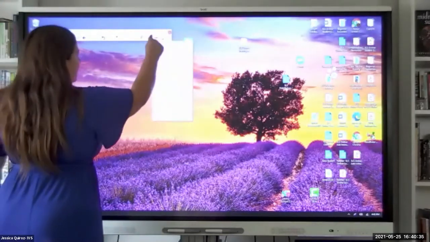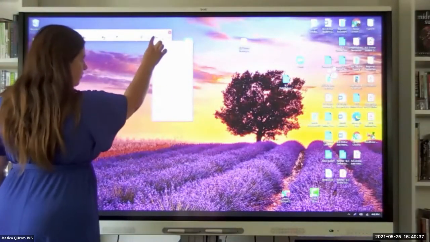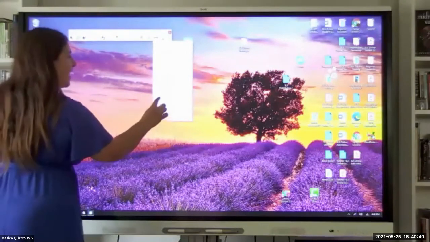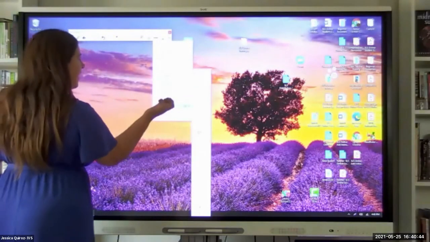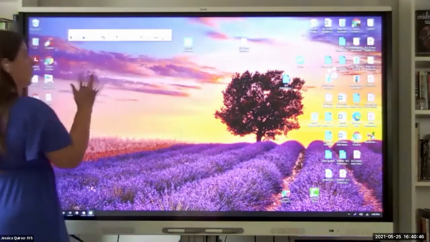So I can either add it from the three dots there. There are tools that you can add, like a shape. So you can add a shape here, something like that. Or there's also another way,